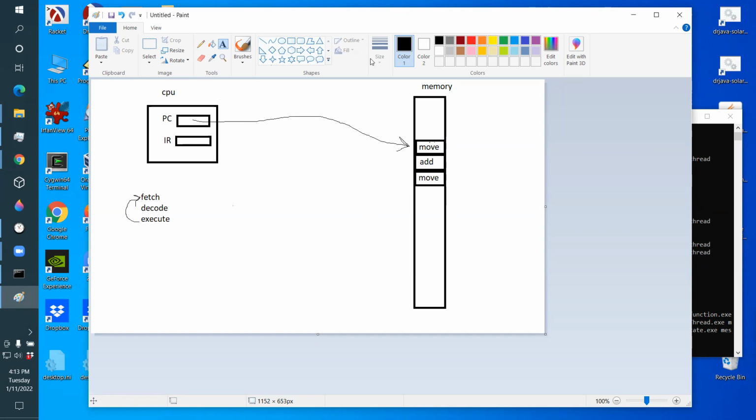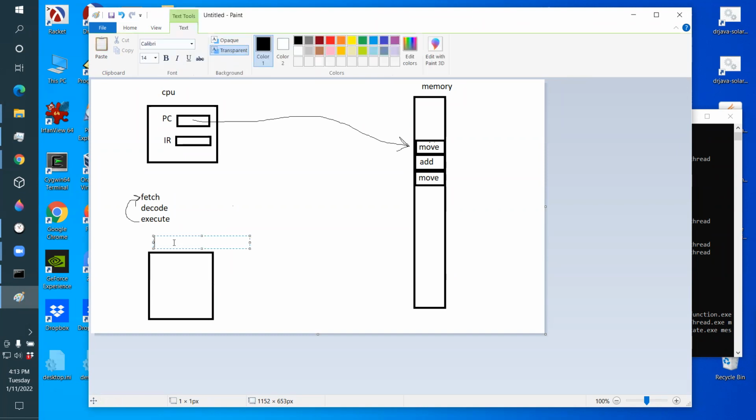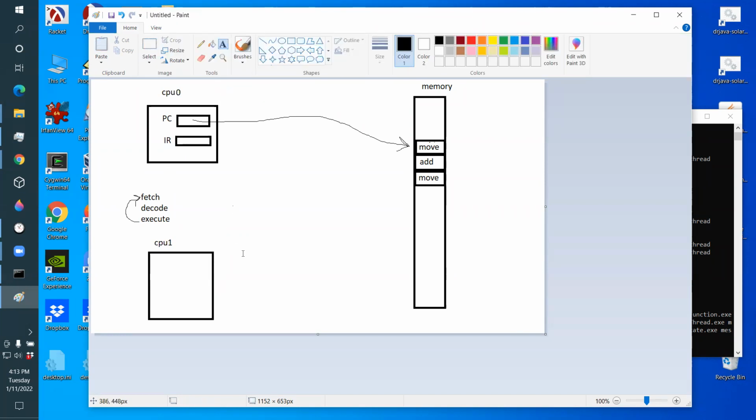Okay, now here's something that's a little bit tricky. Suppose I have more than one CPU. So suppose I have another CPU. Okay, so here's my CPU number 2. Okay, I'll make this one CPU 0. So I have CPU 0 and CPU 1. I have 2 CPUs. Okay, on my machine right now, if I bring up Task Manager,